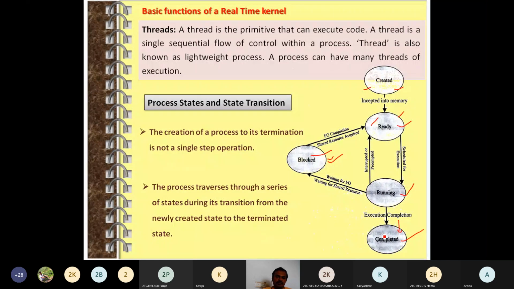So whenever the OS wants to execute a task, the execution of the task is done throughout multiple processes, and multiple processes are going to be executed throughout multiple thread executions. Okay. So once the thread is completed, then the process is going to